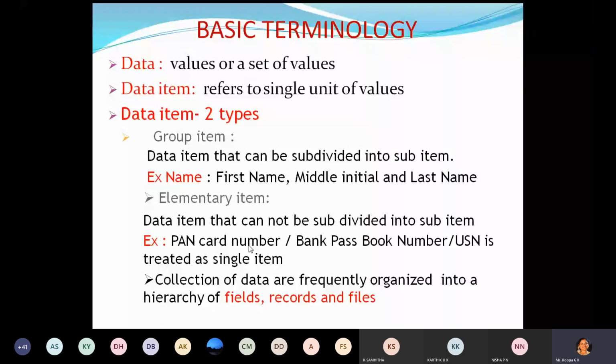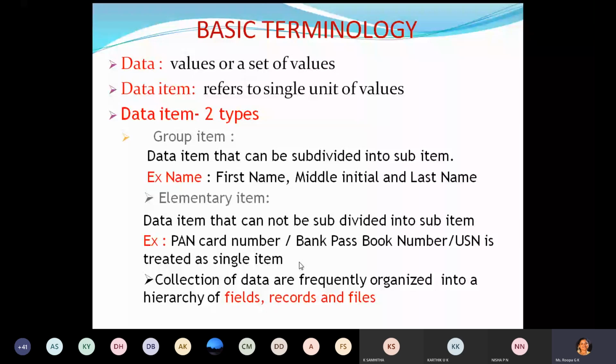It cannot be divided further, like first name, middle name, etc. Similarly, bank passbook number, which is issued by the bank, will not be subdivided. Similarly, your USN, which is a combination of letters and digits, cannot be divided into sub items. So it is considered a single item and called an elementary item.